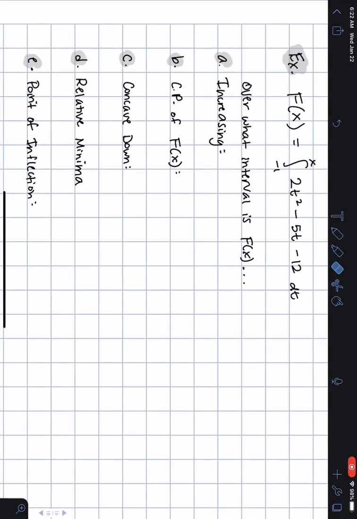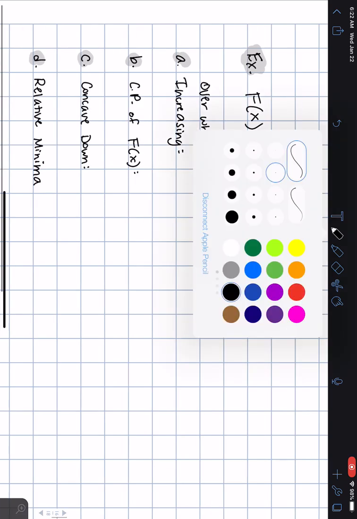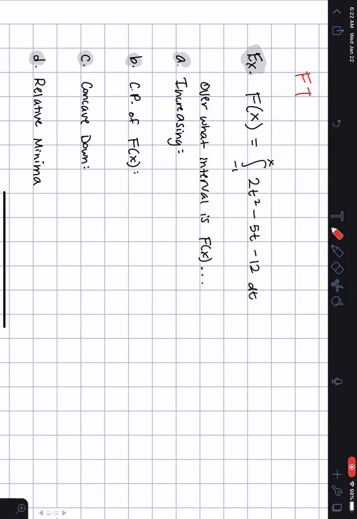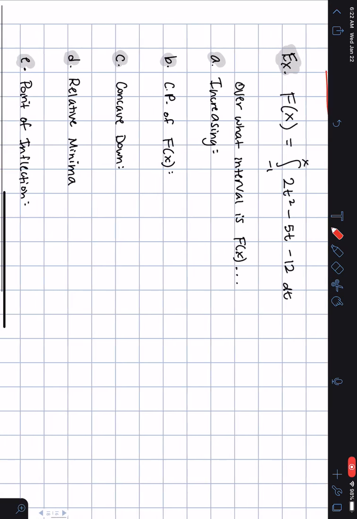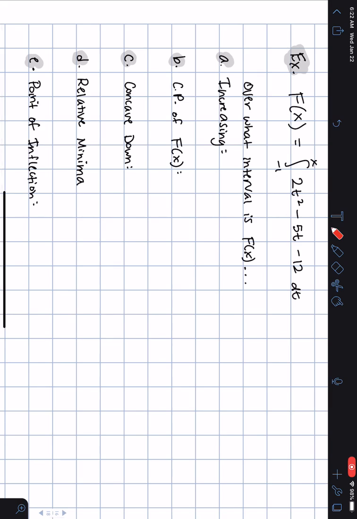Hello everyone. We're going to get started with some problems that demonstrate how to use, so the topic of today is FTC II in new contexts. So jumping right in to our first example, it says big F of x is given as